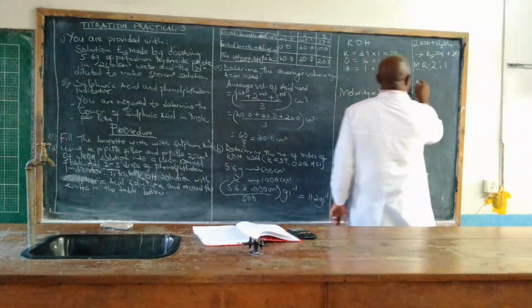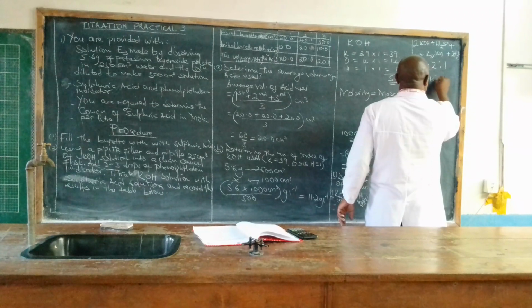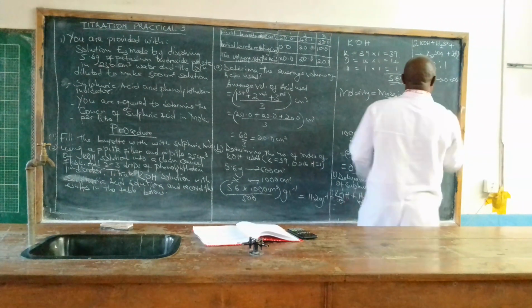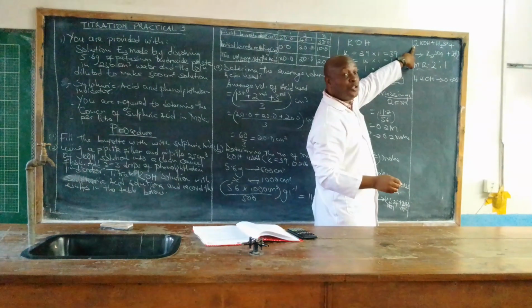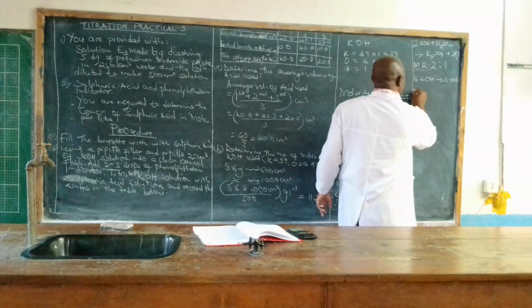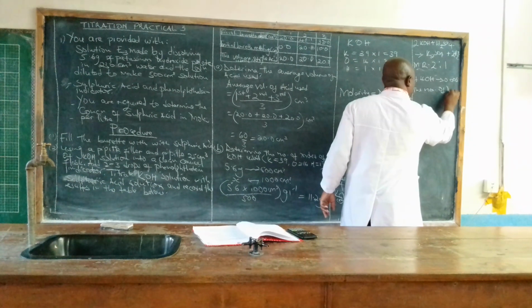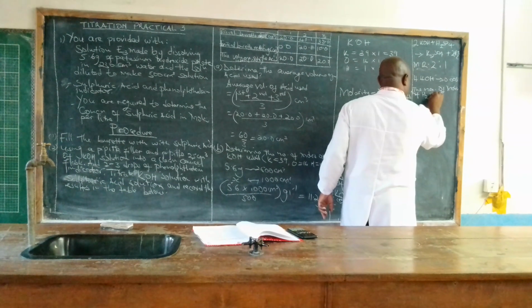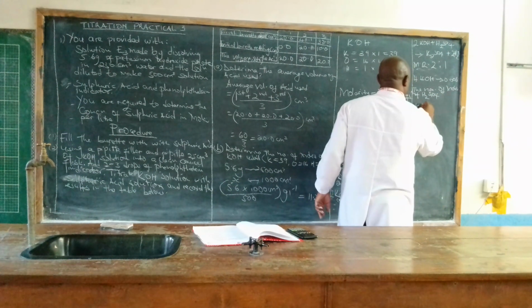So if potassium hydroxide is equal to 0.005, and potassium hydroxide has a mole ratio of 2, it means now the number of moles of sulfuric acid is going to be